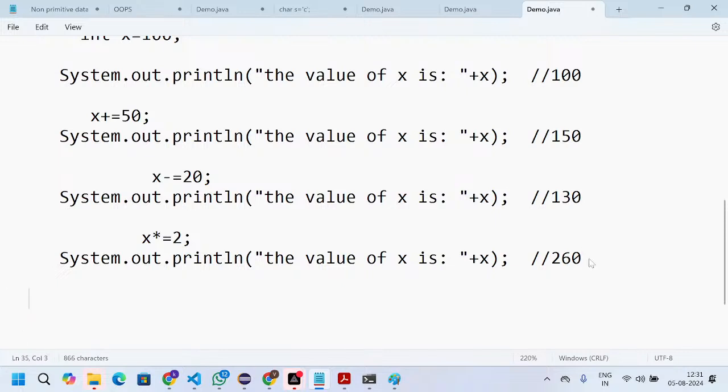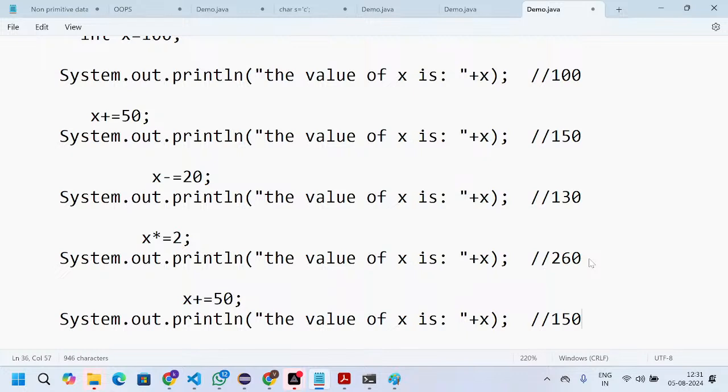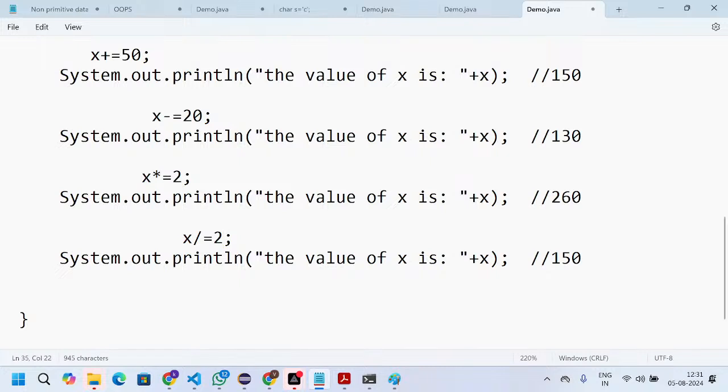In the same way, division and modulus also. So I am dividing by 2. How much will you get? Dividing by 2, we get 130.